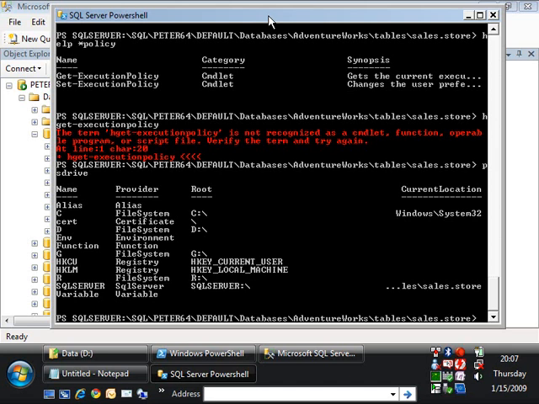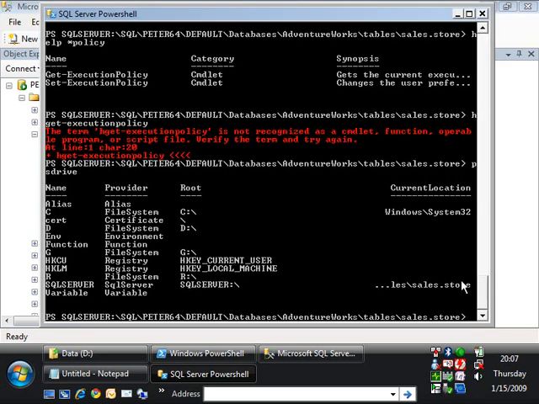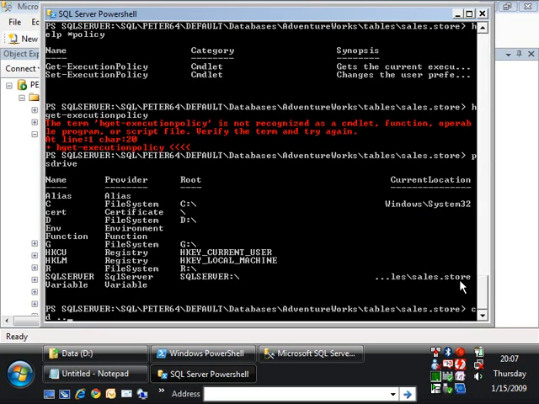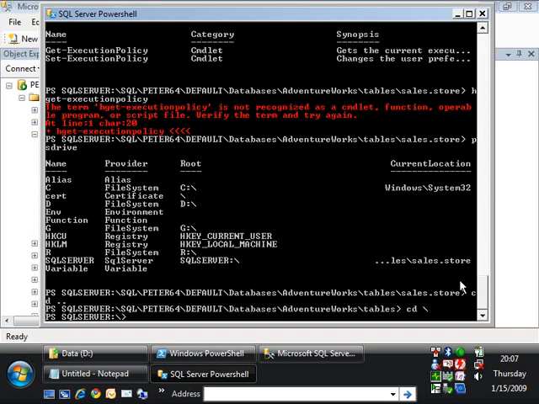You notice here, now I'm in the SQL provider. I'm in the SQL Server PowerShell, and you notice here I've got SQL Server listed as a provider. And one of the things that you should be made aware of, let's see, I'm already in here, so right? So when you connect to a box,